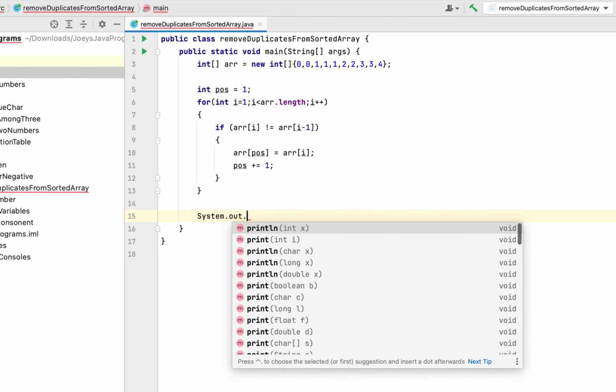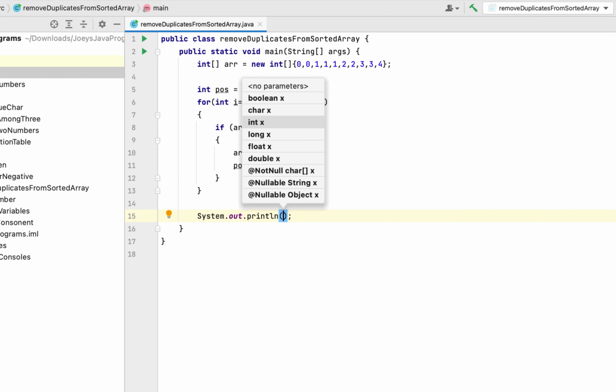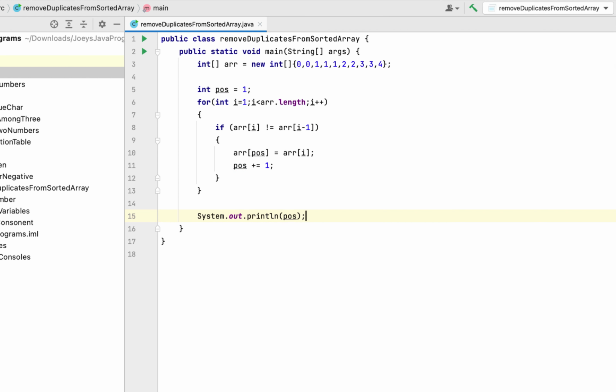So we are going to write system.out.println, and within its brackets we'll write pos. Okay. Let's also print the items of this array ARR and check if they match with the items of the array that we created during the algorithm discussion phase. For that, we are going to write another for loop, and it will be j this time. It's going to start from 0. It's going to run till the last index of this array ARR. So it will be ARR.length, j++,